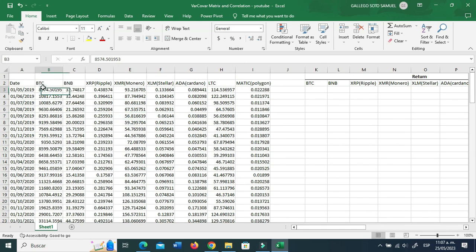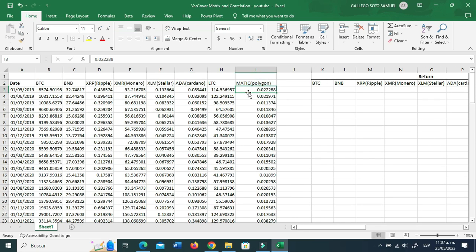So I downloaded this from Yahoo Finance, but you're free to download it from wherever you want. I went to Yahoo Finance and typed BTC-USD, and then I took the data for the last 5 years on a monthly basis. So we start off with 2019, and since one of them, and I don't remember which one, only had quotes from May the 1st, so that's the